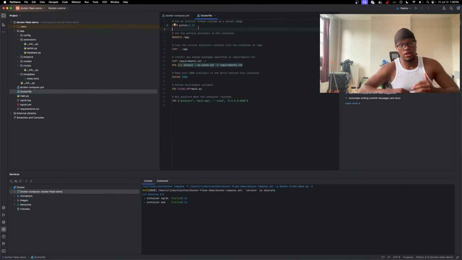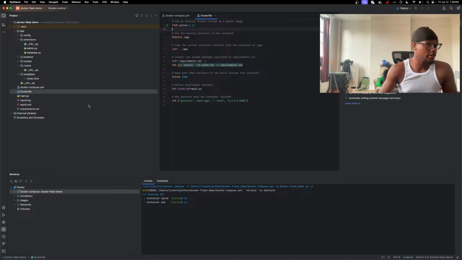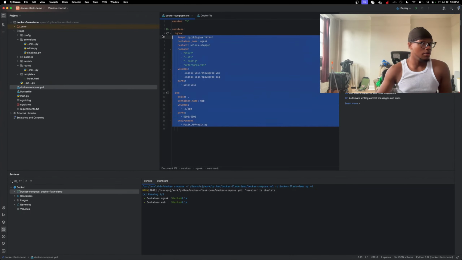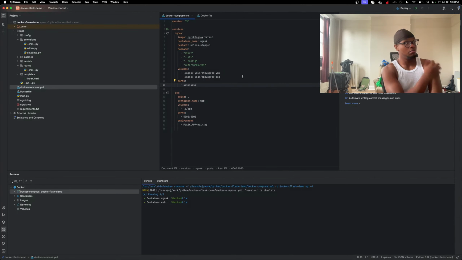I'm gonna post all this source to GitHub because I feel like this is a good portfolio project. I don't really got nothing on my GitHub, so I'm gonna just post this, my first experience with Docker. And I'll probably put that in the description, in case you want to copy. But,